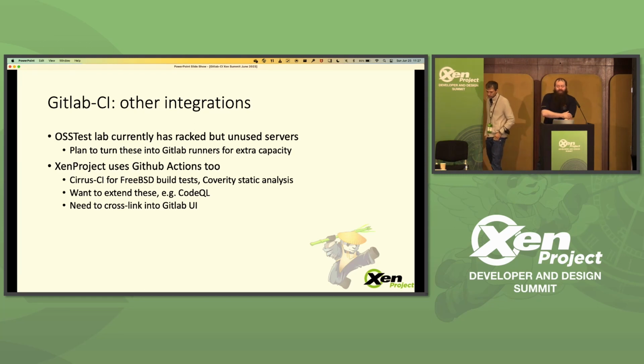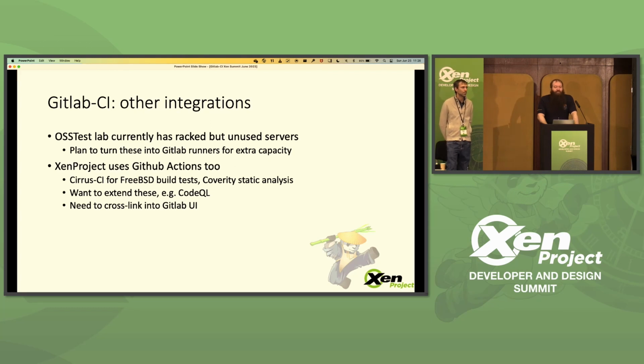Okay, so this is a few bits and pieces. Obviously, GitLab's still a work in progress. We have spent a large amount of time trying to get it going, and it's always in copious free time, as you're all aware. One of the things we have, at the moment in the OSS test lab, are idle runners, things that have been racked and haven't been wired in properly. We are looking to try and use those to add capacity into the regular CI